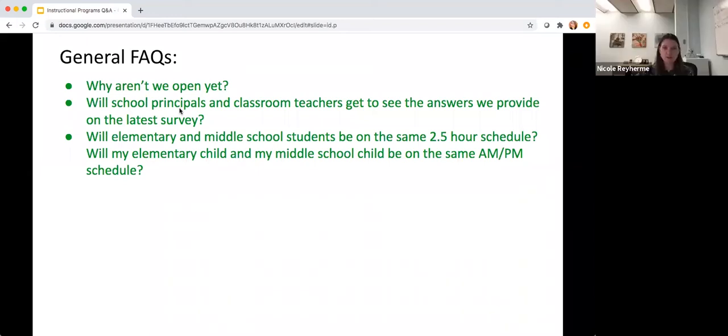This is one of the big questions that we get, because we know that a lot of our families and our students are very anxious and excited to be returning to the classroom and to be seeing their teachers and their classmates in person. And we are really excited about that as well. However, we want to ensure that we have staffing for all of our various groups that are coming back. We also want to make sure that we have the right amount of time for our students to transition for classrooms that might be combined and teachers that might be changed. And so that's why we've planned this out for a November 30th opening.